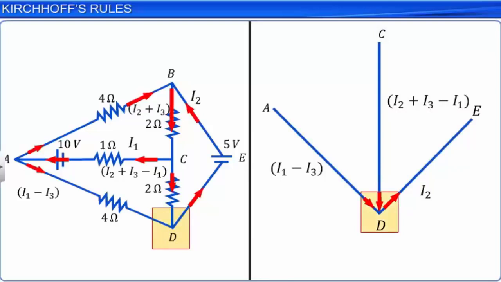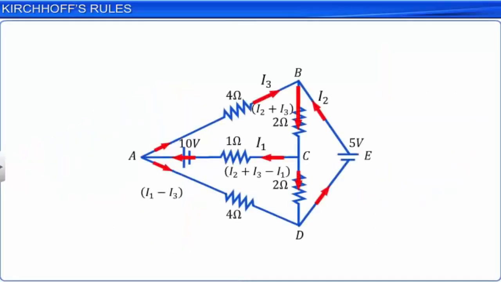There are three unknowns in the circuit. They are I1, I2 and I3. To find the values of these unknowns, we apply Kirchhoff's second rule to any three closed loops